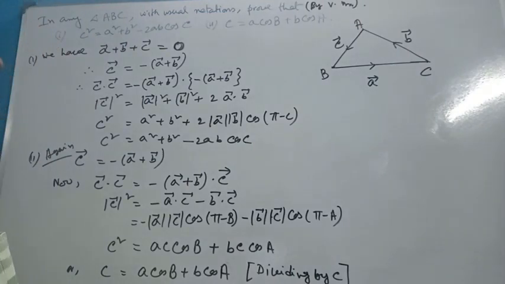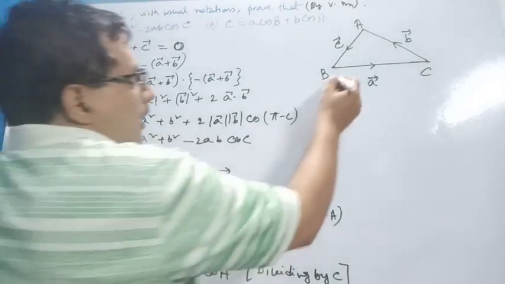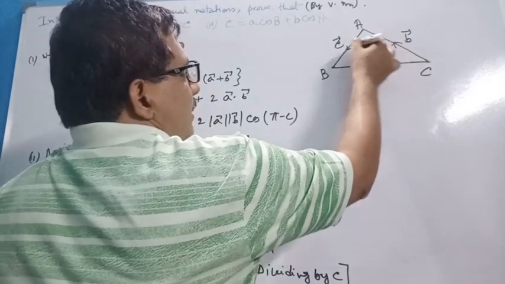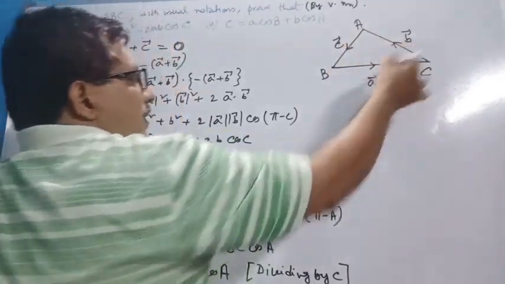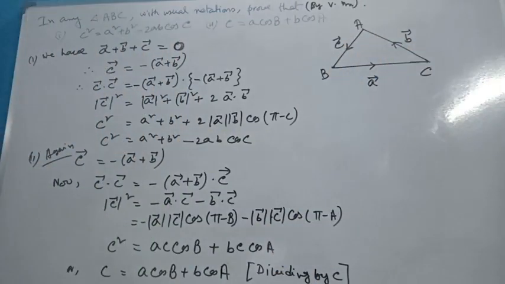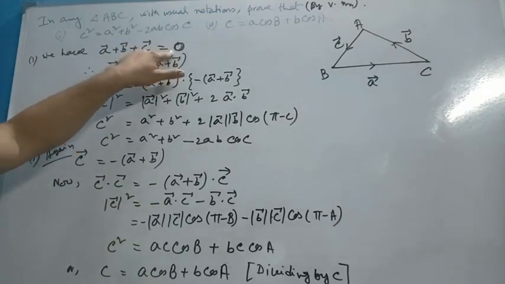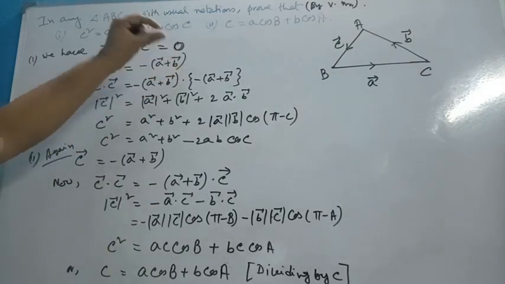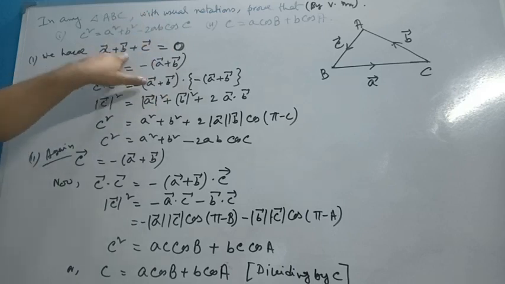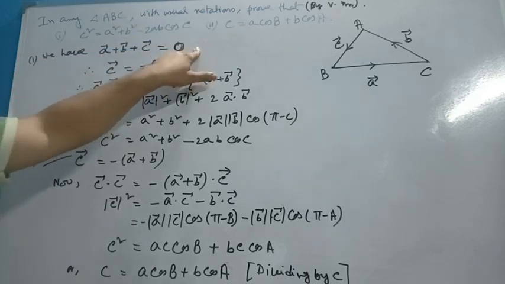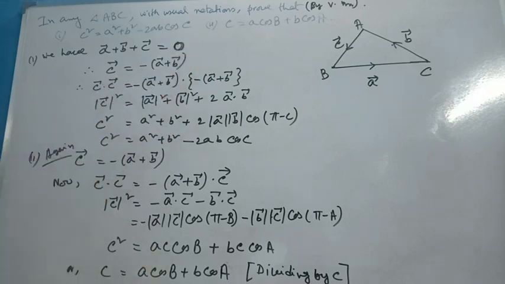So we draw the triangle ABC, obviously in order. This is vector A, this is vector B, this is vector C. Then if we take them in order, the sum of these three vectors is the null vector. It is not just 0, this is the null vector. So we write in thick: vector A plus vector B plus vector C is equal to the null vector. I repeat once again, this is the null vector.